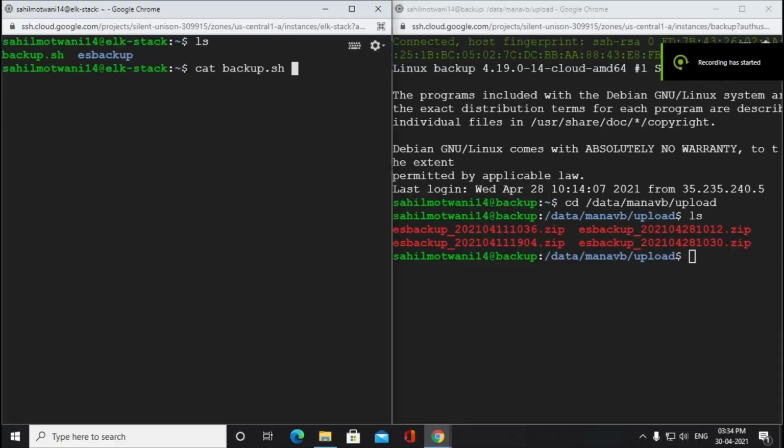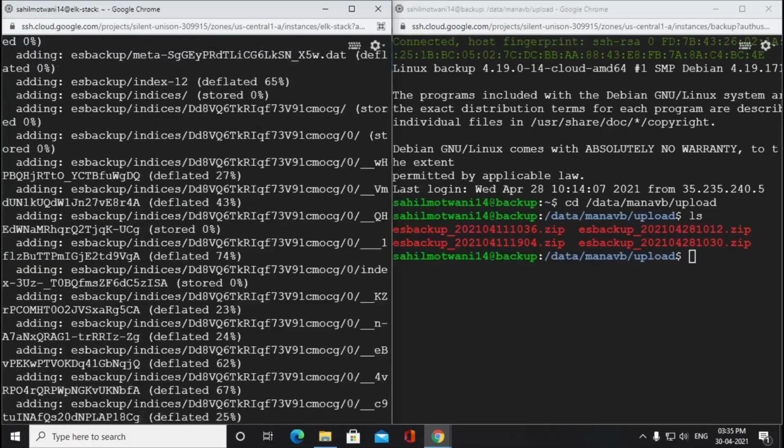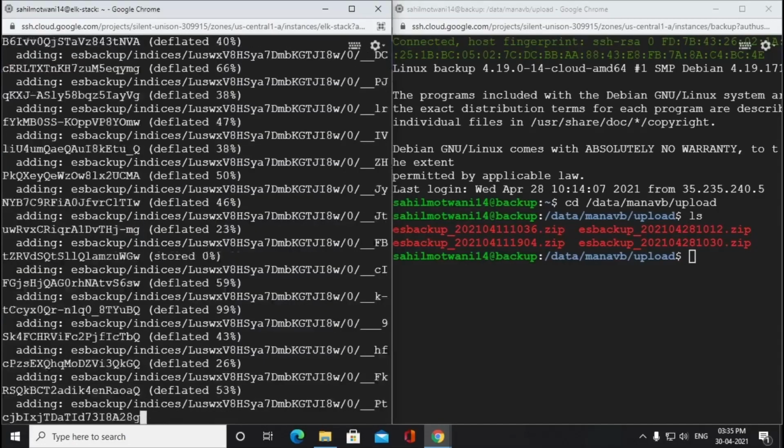Now finally, the backup system for Elasticsearch. We have created a backup server. I have written a small script which will create the snapshot of the Elasticsearch data. Then, using the sftp command, we will send this data to our backup server by compressing it into a zip file. Then we will remove the zip file from the main server, as we don't want to make a burden on our main server.